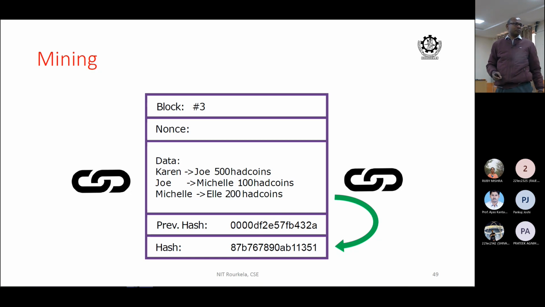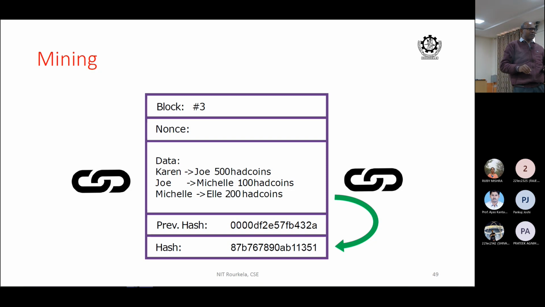Then here also there is the previous hash. So this is the third block. For the fourth block, this hash will be the previous hash. Whatever hash you generate, look at block 3: a nonce is put in, then the transaction data and the previous hash, all taken along with the timestamp. The timestamp is the time at which the block is created, and there is a mechanism to put the timestamp also.